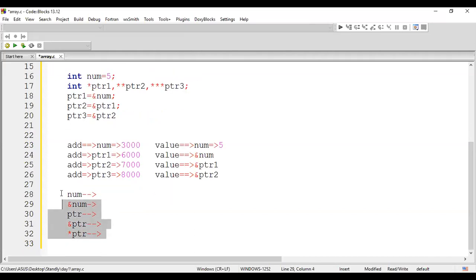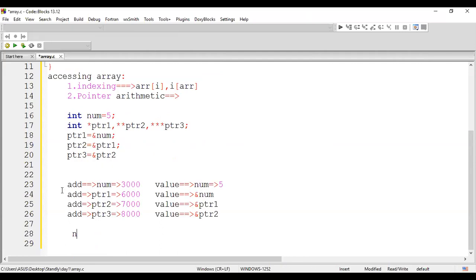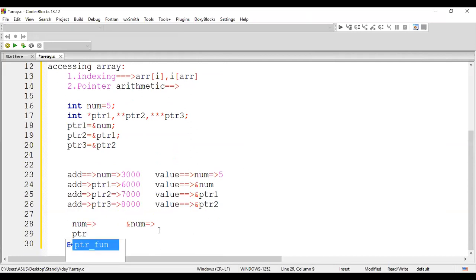Let me remove this. Here we'll start printing num, followed by the address of num. Both are fine for num. In the same way we can check PTR1: star PTR1, then ampersand PTR1, then star PTR1.